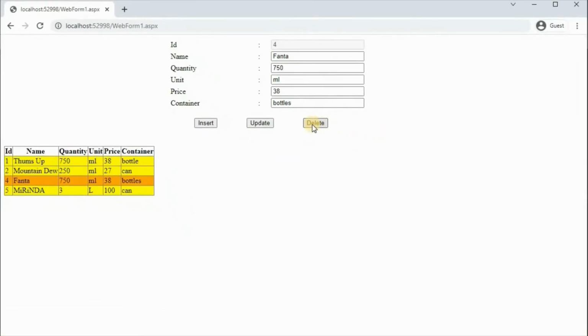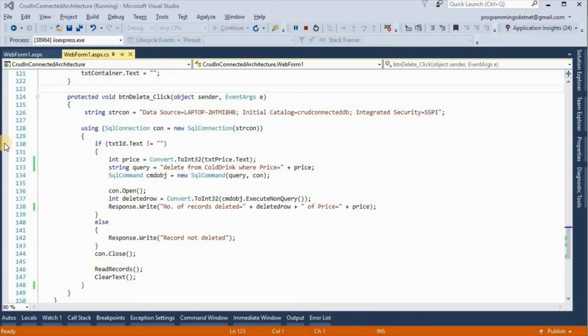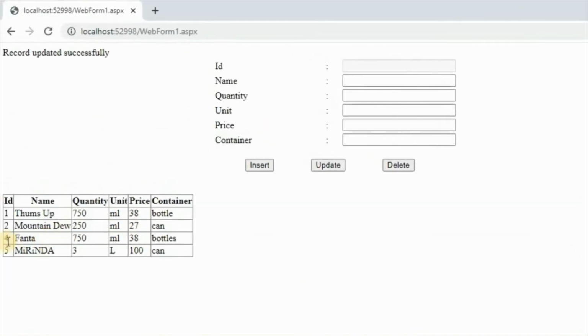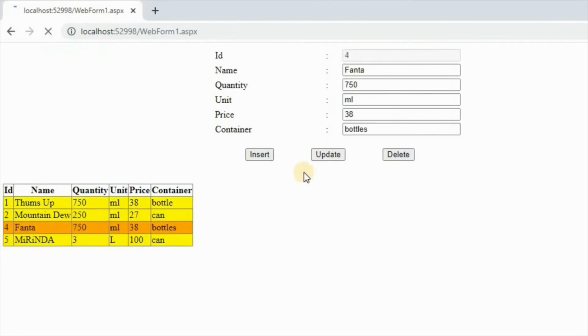So if we click on delete, and if we click on delete,